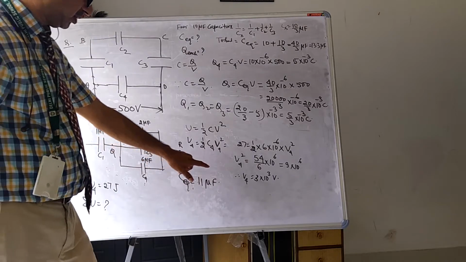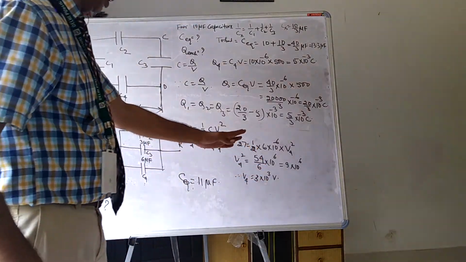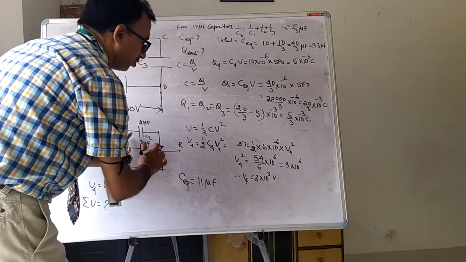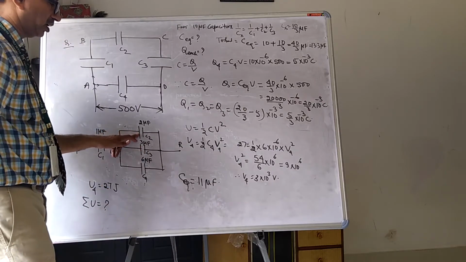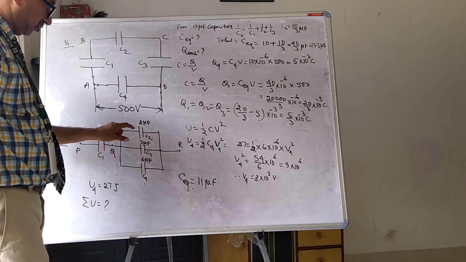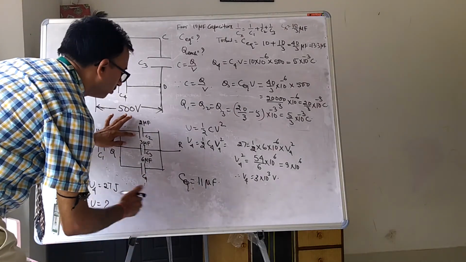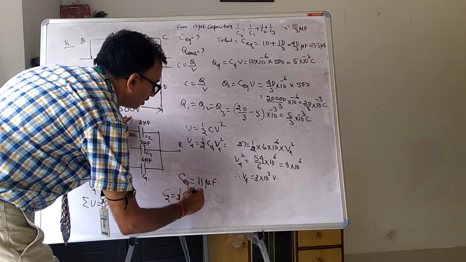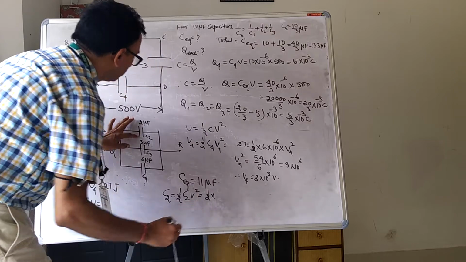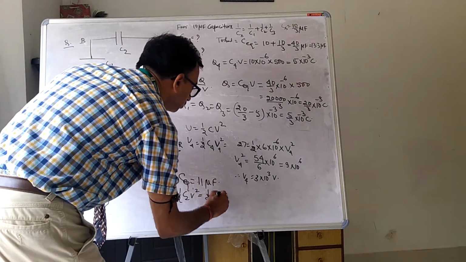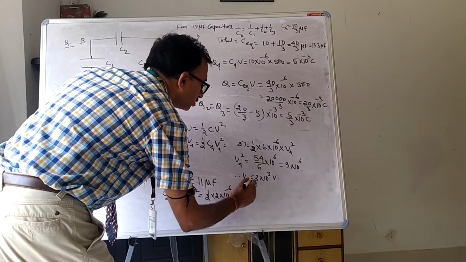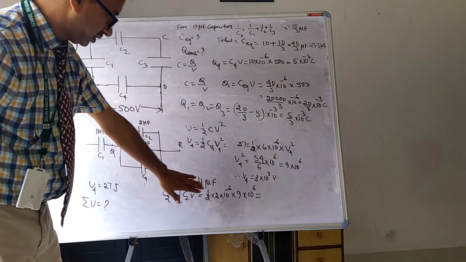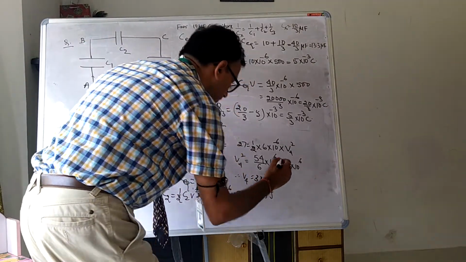Since the potential remains the same, we have the potential that is 3 into 10 to the power 3. So the total energy will be how much? We can get the energy stored here. So the potential is the same. What will be the energy of C2? U2 will be half C2 V square. So it will be half. What is the value of C2? 2 into 10 to the power minus 6 into 9 into 10 to the power 6 joule. So the answer will be 9 joule.